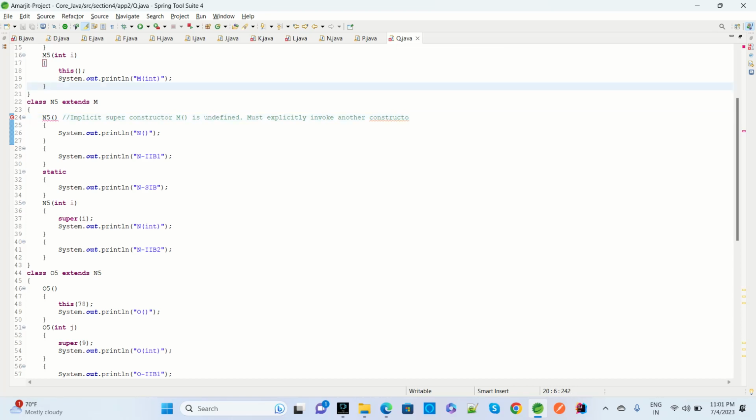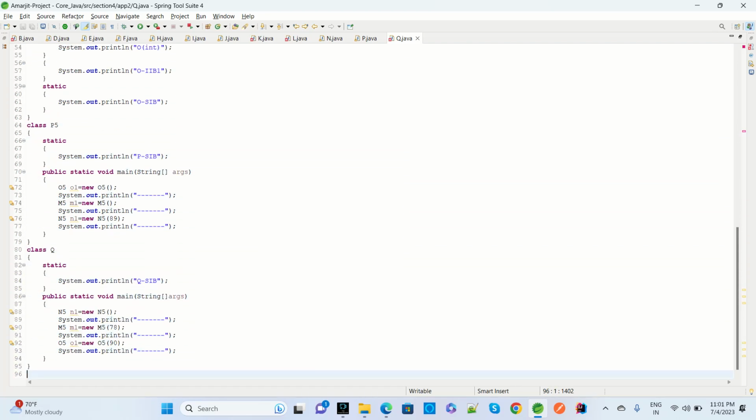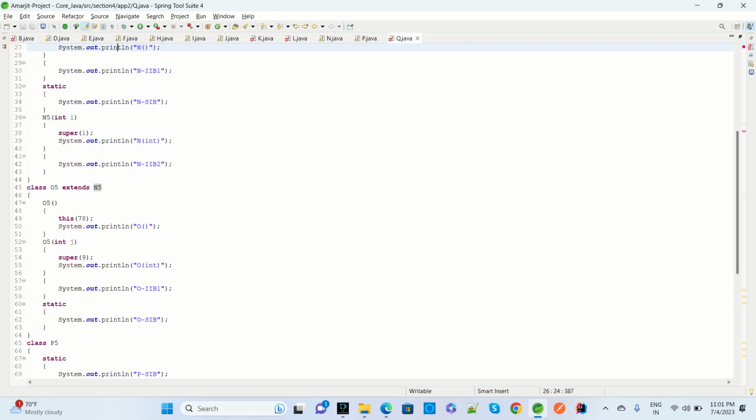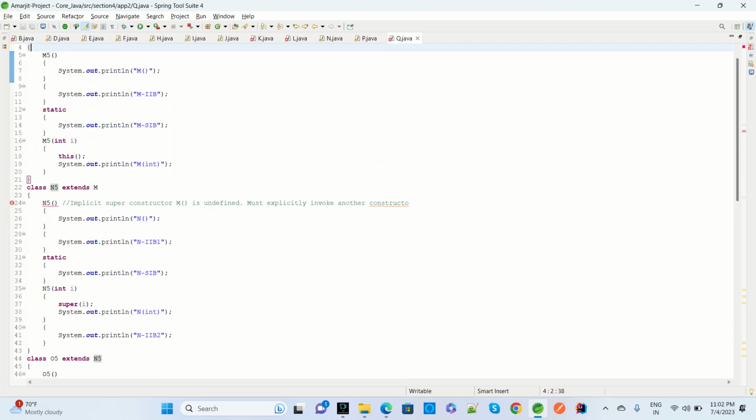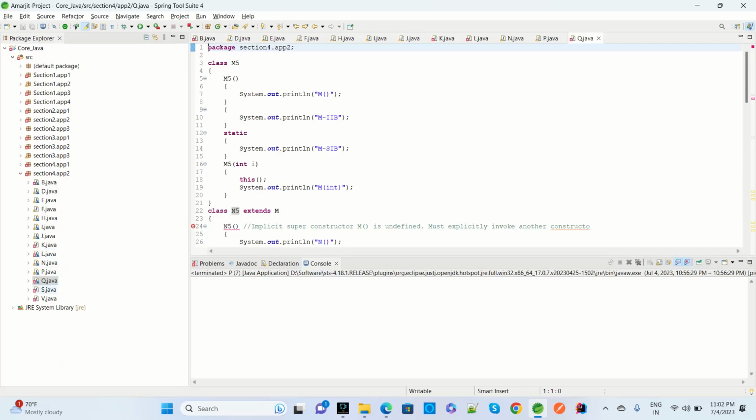Implicit super constructor is undefined because this is integer type, and they are trying to call it here in n, and in 5 we have this one non-argument, and n5 is there, which is argument. So both are fine. Okay, we'll see for this. And then next we have a